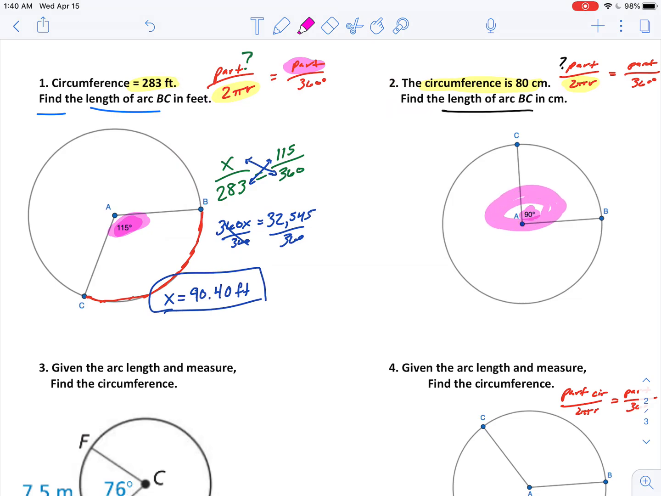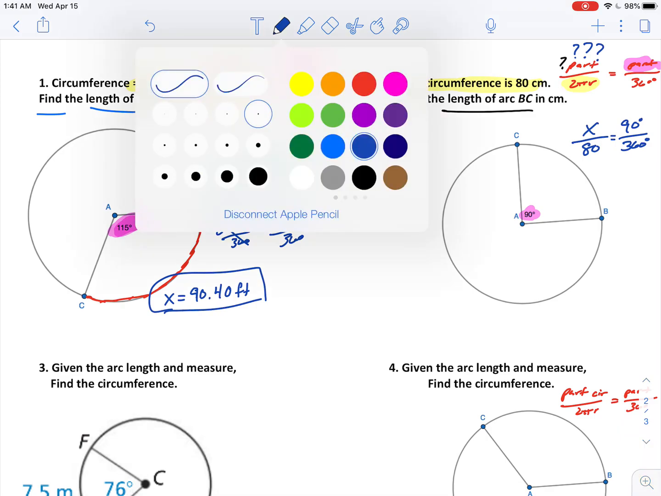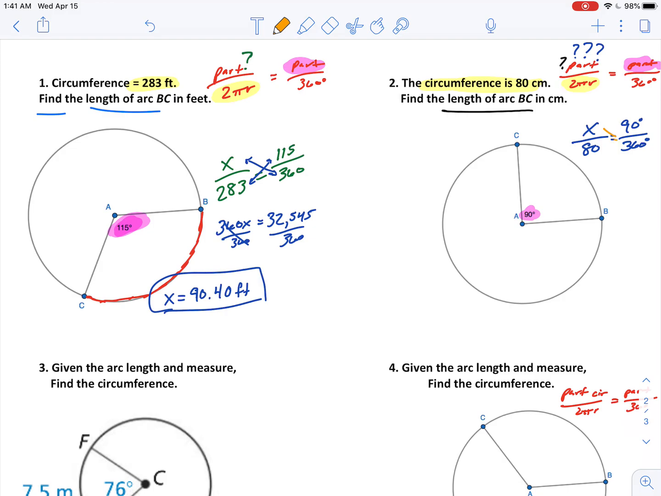The most important thing you can do here is really recognize and take some time to think about, what am I given here? So I'm given, in number 2, circumference again. So circumference is the whole circumference down there. I'm also given this central angle, the part of the circle in degrees. So let's set up our fraction again. I don't know what this is. So I'll say x over the whole circumference is 80